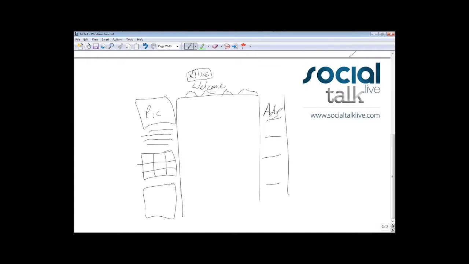Don't have too many calls to action, and use video. Use a flip cam. Use the video on your cell phone. Use the video on the laptop. Use somebody else's laptop. It doesn't really matter. YouTube lets you record video directly into YouTube, so there's no excuse for you not to have a video introduction